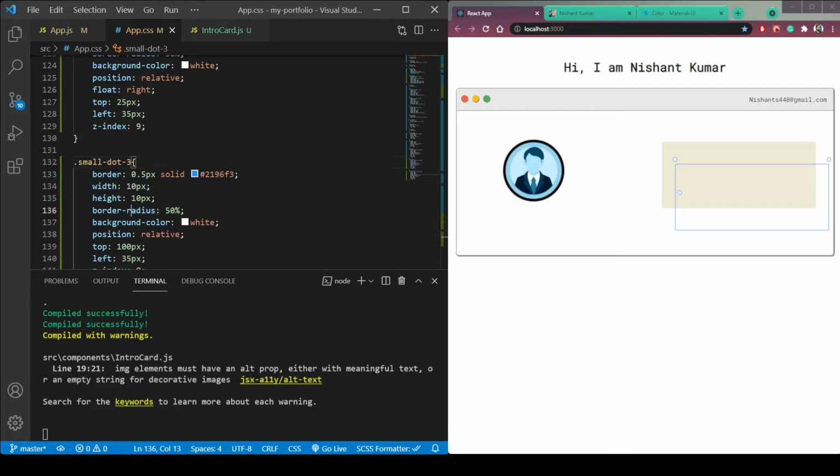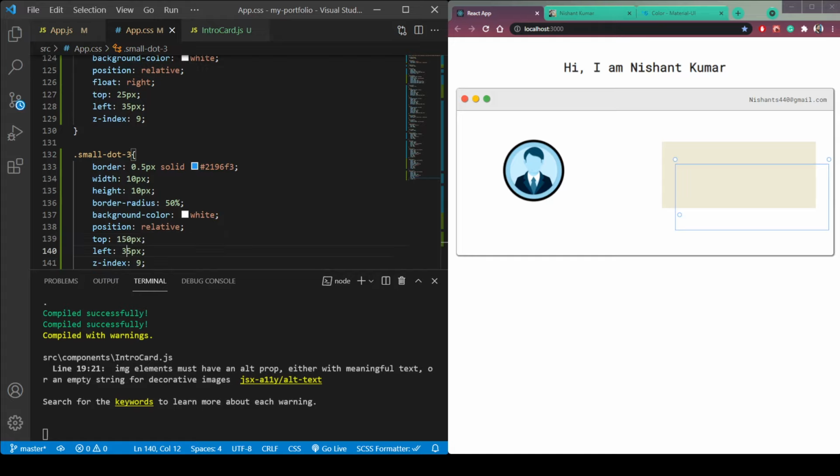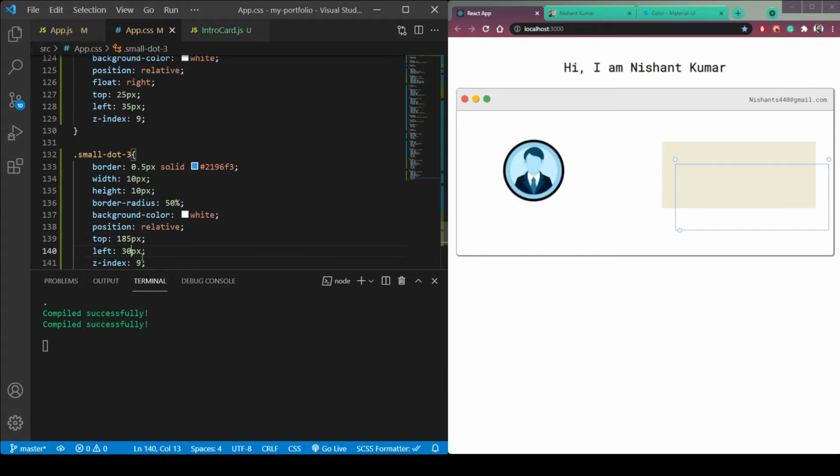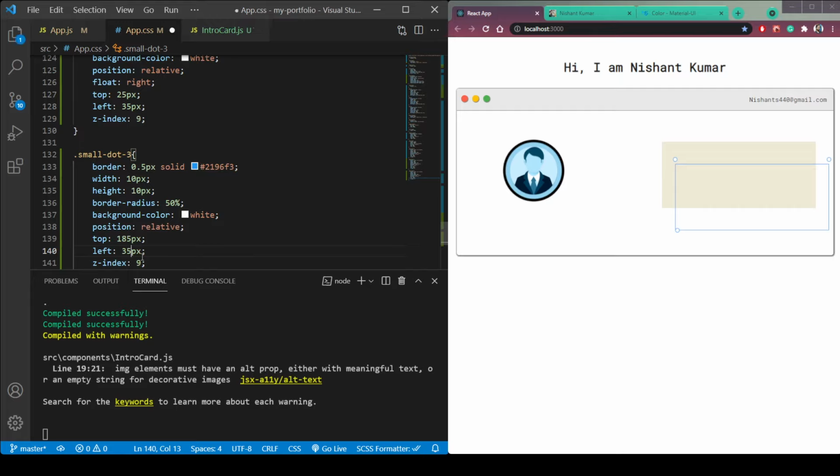Now let's say top will be 150 or 200. Okay, 185 is working. Also make it 30, this left, or 25.